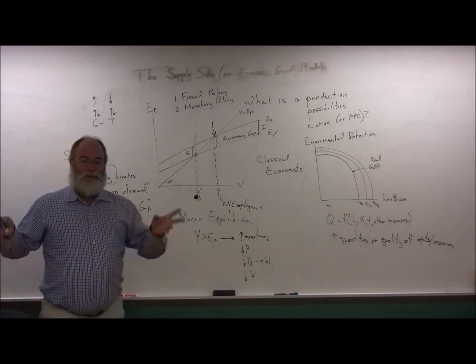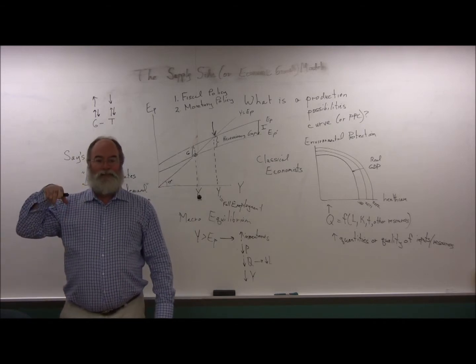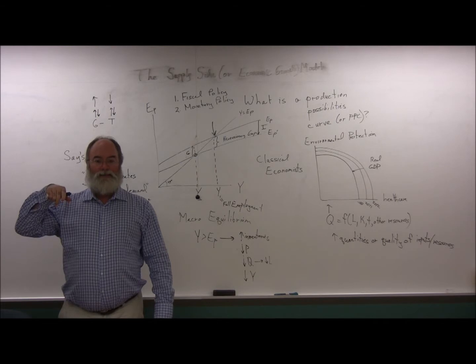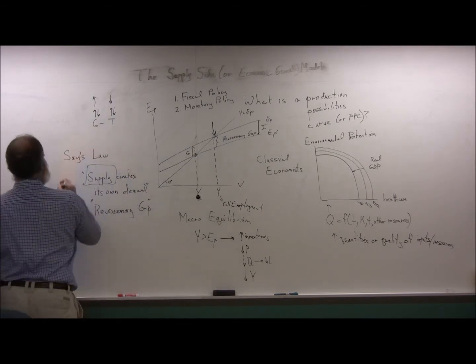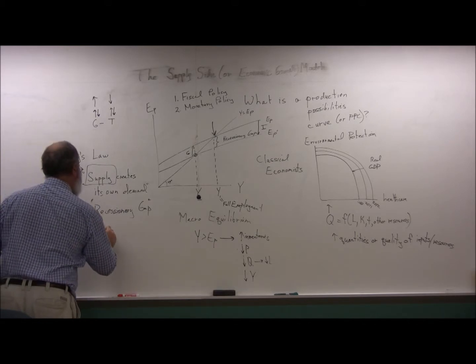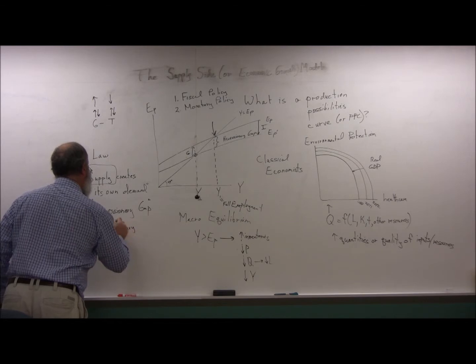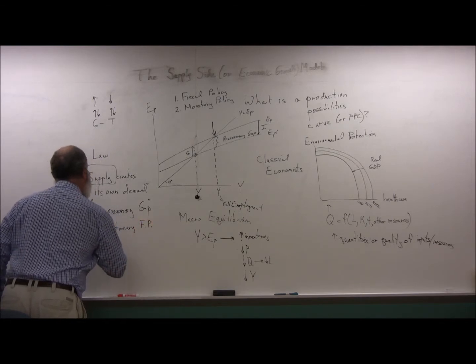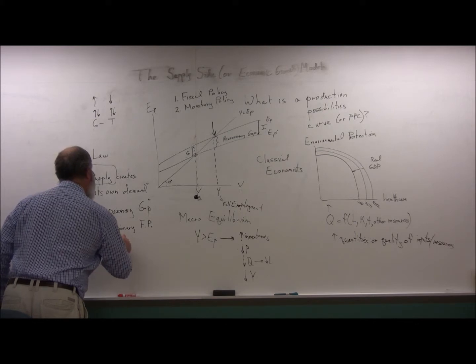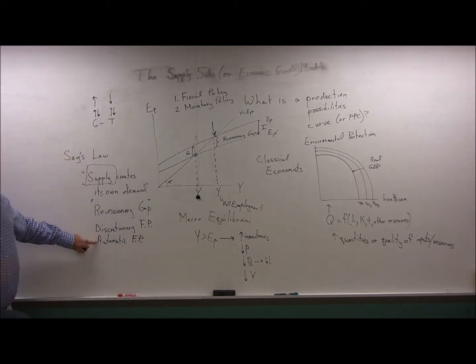In general, there's two kinds of fiscal policy, and I don't mean government spending or taxes. Okay, there's discretionary policy, and there's automatic policy. Discretionary fiscal policy, automatic fiscal policy. Sometimes this is called automatic stabilizers.